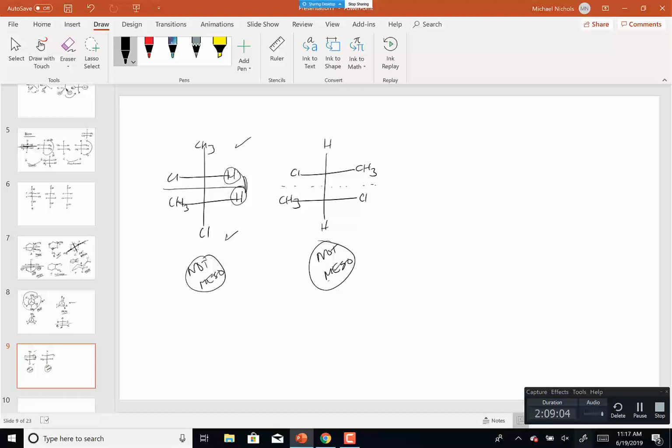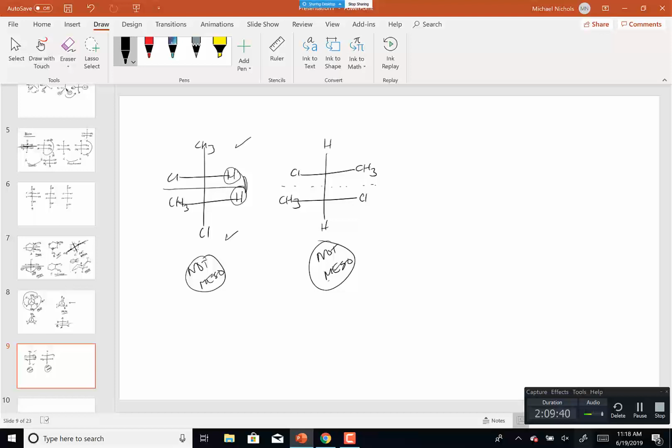So meso, not meso: diastereomers. Meso, meso: same meso compound. Not meso, I've now got to see, are they the same but they're not meso, or are they enantiomers? Are they that DL pair that I talked about earlier? So the idea here is, and we'll kind of finish this up, and if you have any questions,